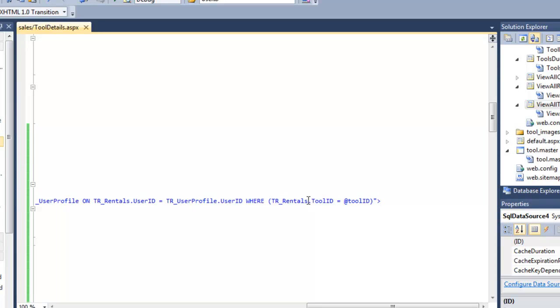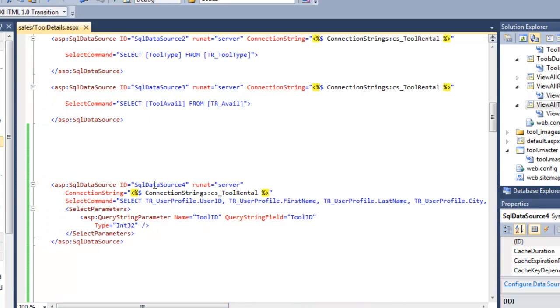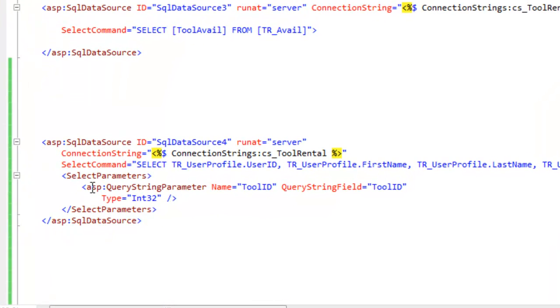Where trrentals.toolid equals the query string tool ID. So in that data source, my select parameter was not correct. I had to come down and add the ASP query string parameter, give it the name, and specify its type. And once I did that, then my